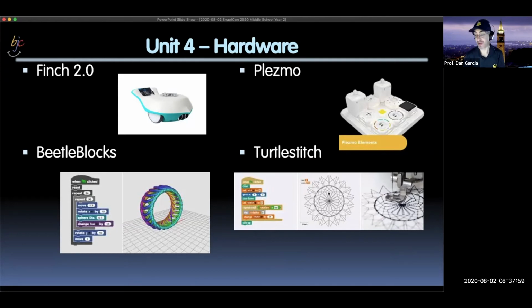But you want to have not just one, you probably want to have a couple of them. Probably one big embroidery machine, one big 3D printer. You probably want to have a couple of the Plesmo kits. So thinking about that, Arduino might be a space I haven't thought about. I haven't really experienced it as much, but that's out there. Snap for Arduino is certainly a space. I have to think about it. This is still out there.